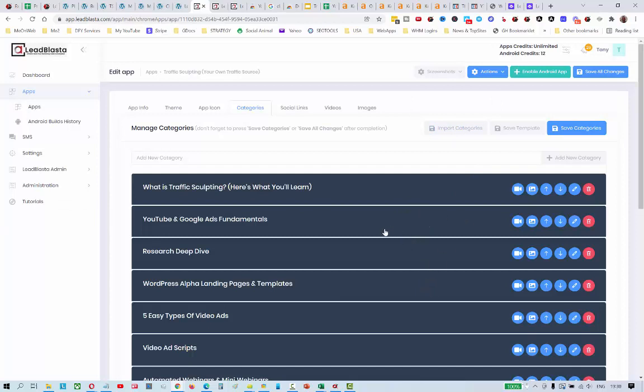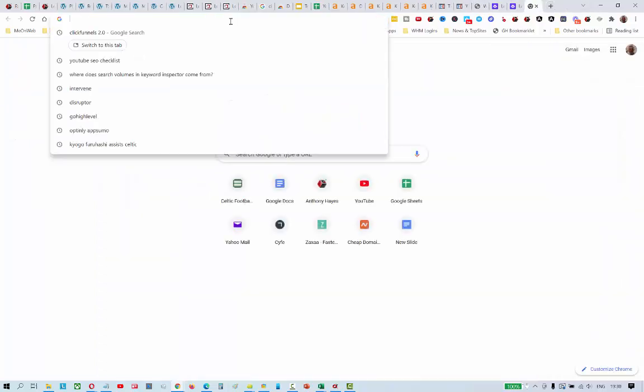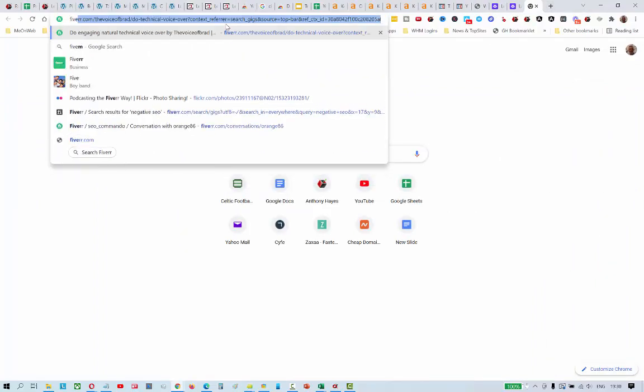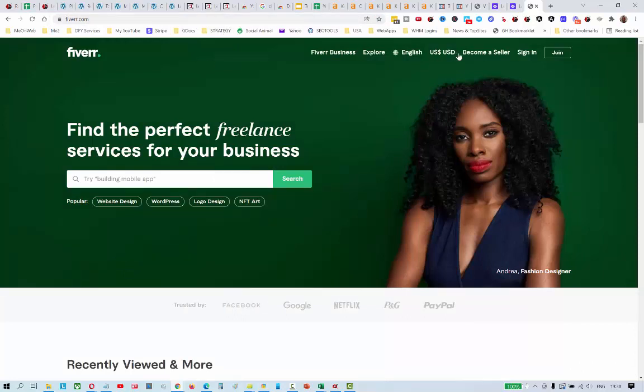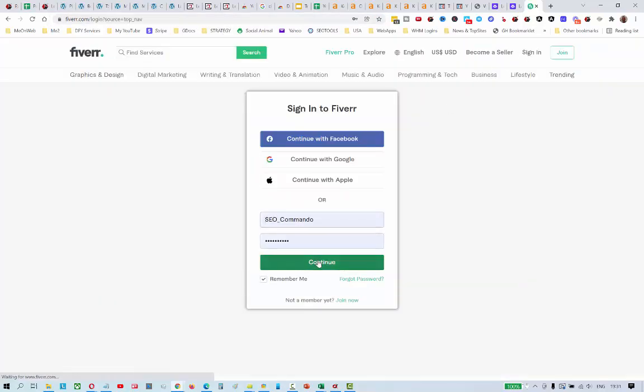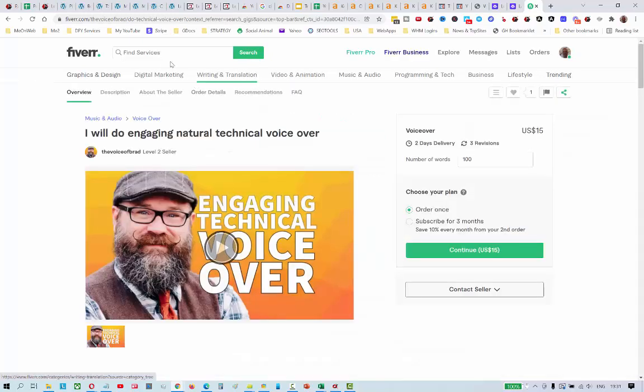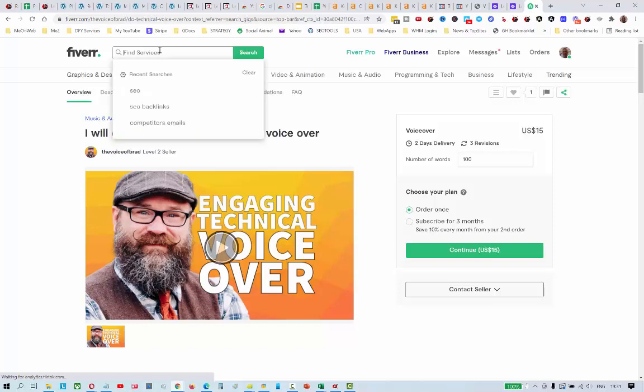What you can also do in there with your apps, the Android apps, is you can go over to Fiverr.com. Okay, let's go and have a look at this. You can get someone else to do this for you. Learn how to do it. I'm going to have at some point a new tool in LeadBlasta that does this, but if I just come in here, I'm just going to sign in very, very quickly, so that I can do some searches without being interrupted. And what I'll do in here is I will look for